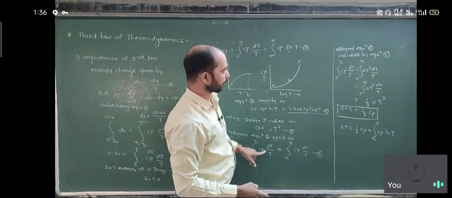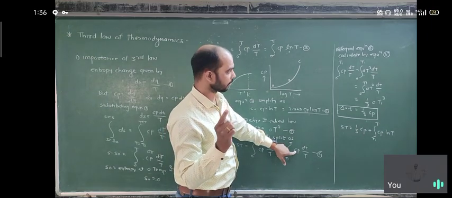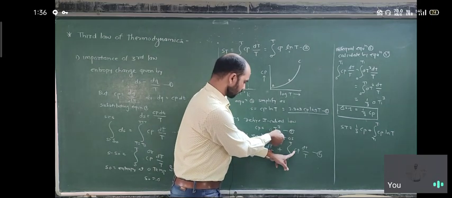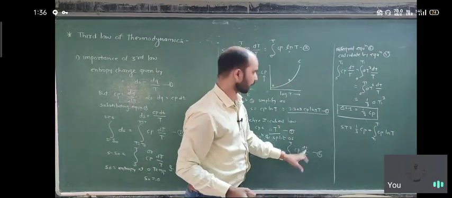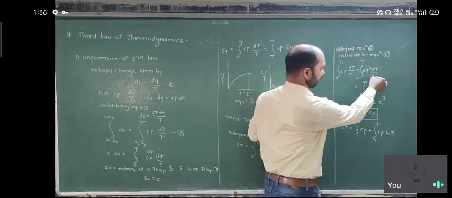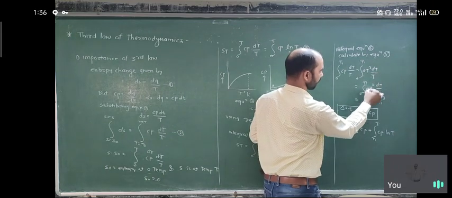The integral from 0 to T1 of Cp dT upon T. We already have the value of Cp, which is A T cube. So A T cube dT upon T, and we solve it: it converts into the integral from 0 to T1 of A T cube dT upon T,